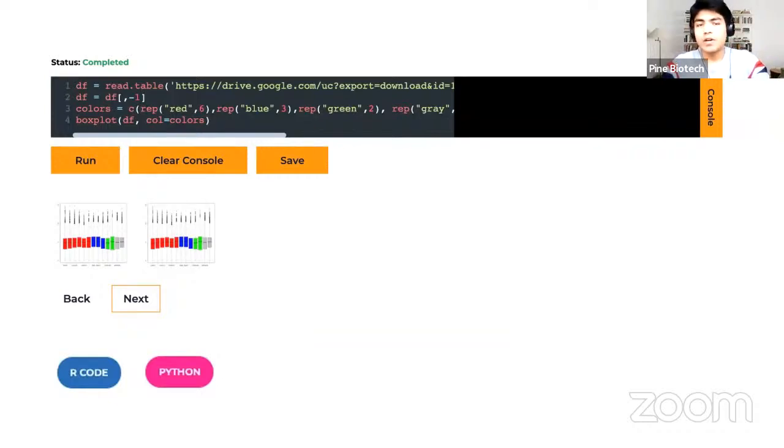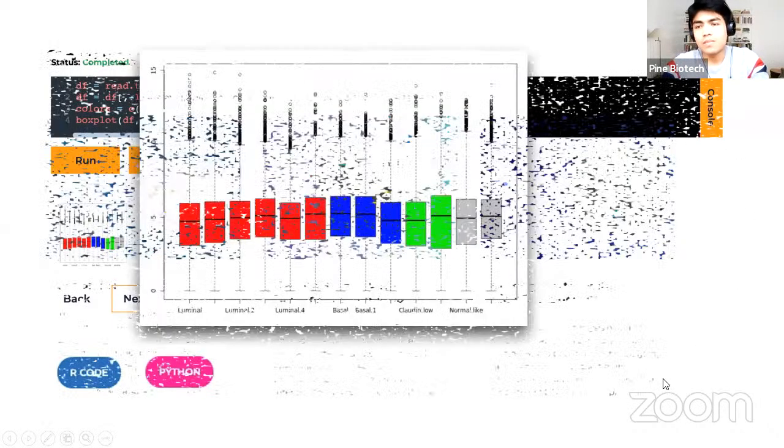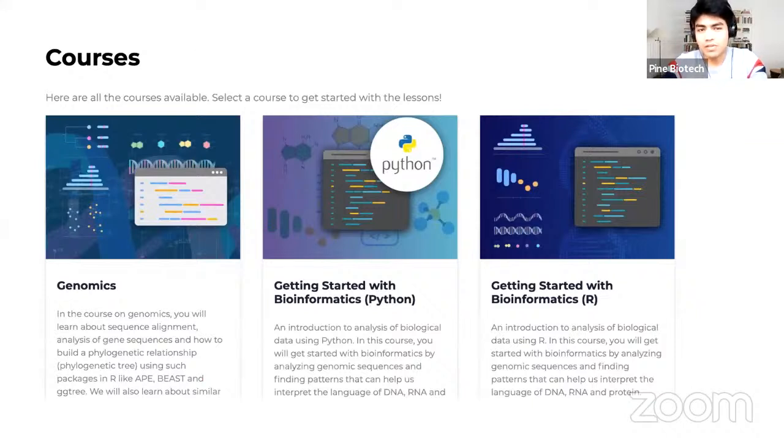There are various self-guided study materials already uploaded on our Learn OmicsLogic platform, as well as practical hands-on assignments on the T-Bioinfo platform and the OmicsLogic Code Playground, which I will be touching upon shortly. This is a snippet of the way in which we have integrated the coding console onto our platform, where you don't need to download any extra IDE or software to run code like Python or R. You can directly do it right over here and generate various meaningful biological results.